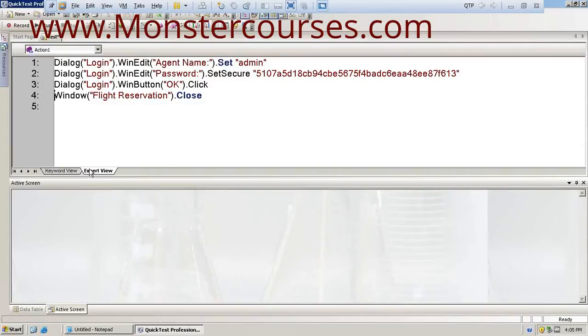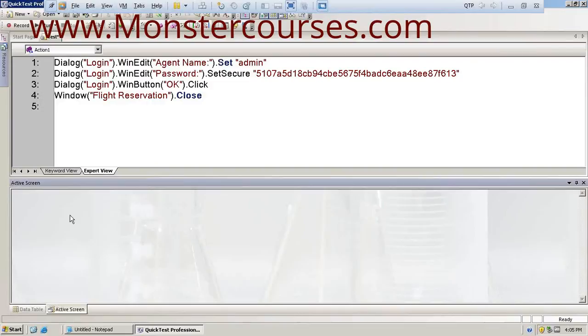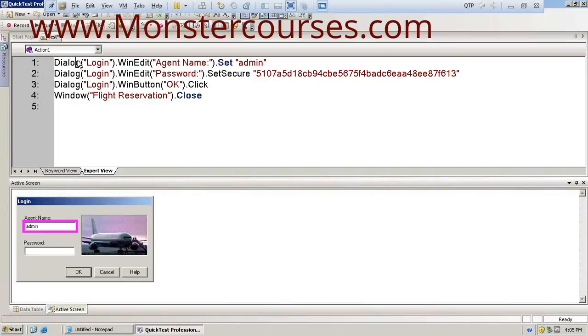Now along with this script, as I said, you also have an active screen. Remember, active screen is a window which is used to view the snapshots of the recorded actions done during recording. If I place a cursor on the first statement, the snapshot of this recorded action will be displayed here.